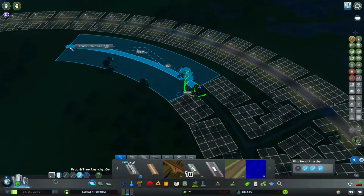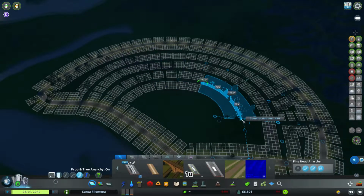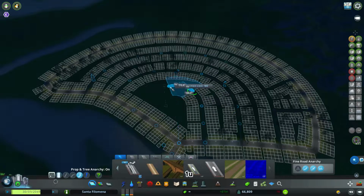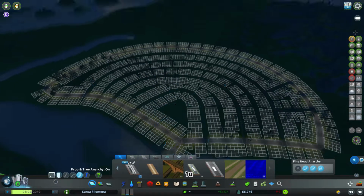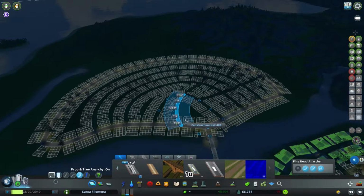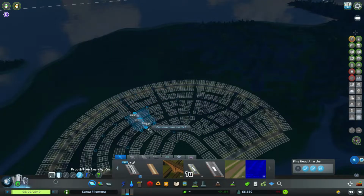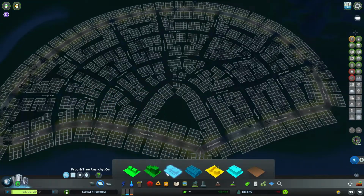And I have to say I had quite some fun designing this new neighborhood with very small country roads. It's only the outside borders connection, I would say, that are main roads, and the inner district roads are very small country roads, because I want this new neighborhood to have some kind of rural feeling,